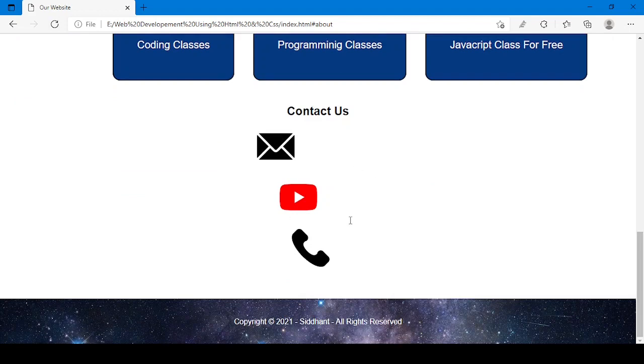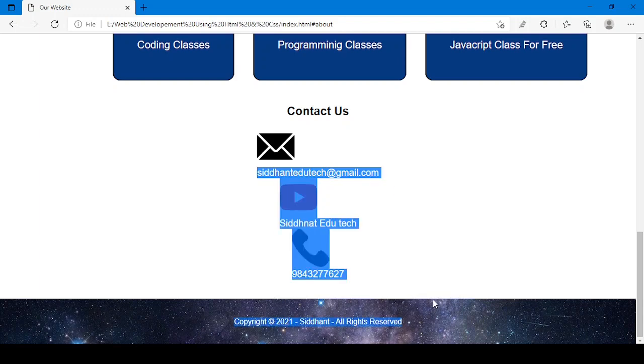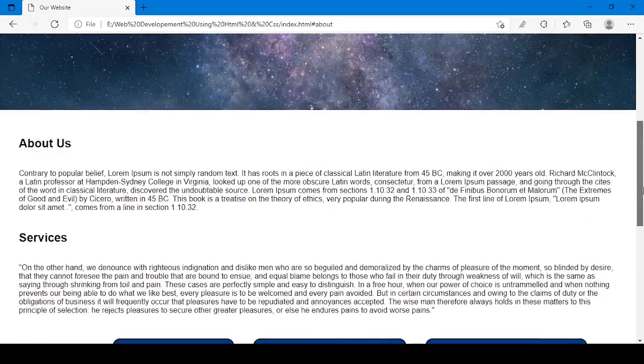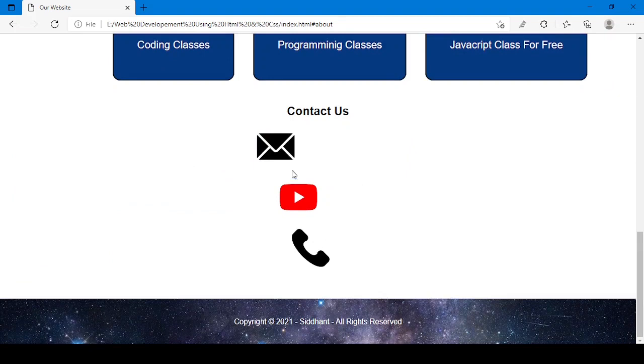Oh, they are not there because now they are in white color. Now how to see it? When I just hover on them, there you can see. But they are still not in center because of the text. That is also looking nice, I think I do not need to. But if you want them to be in center, what you can do,